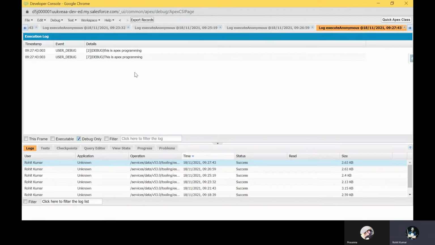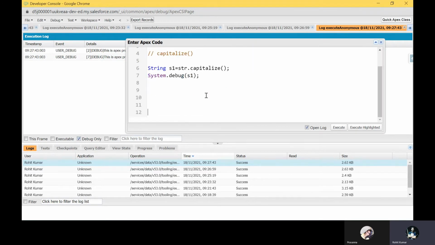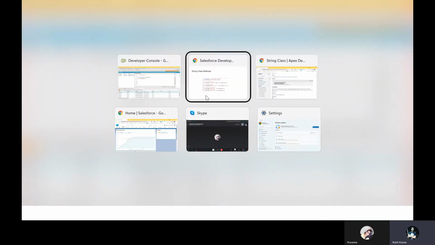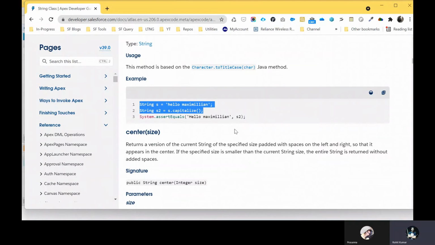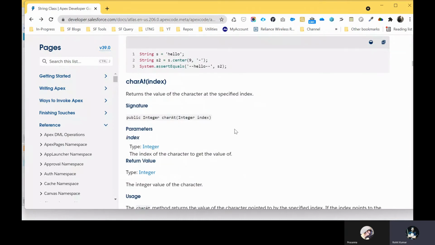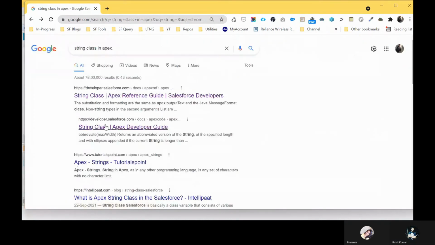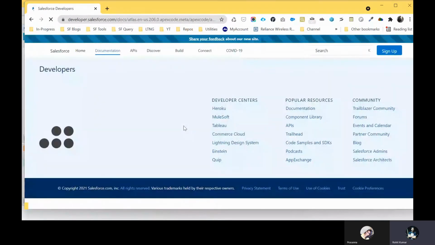So how to use the contains method? Let me choose this contains method from here. Just a second and search the string class from here, because it's a reference.